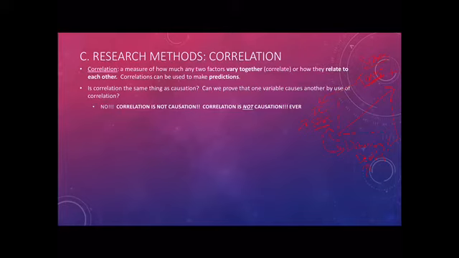So we cannot use correlation to prove that one variable causes another. The best we can do with correlation is make predictions. So with this, we could make the prediction that when we start to see an increase in ice cream sales, we'll also start to see an increase in drowning deaths. But it will be because of the underlying factor that the season has changed and the temperature is warming up.